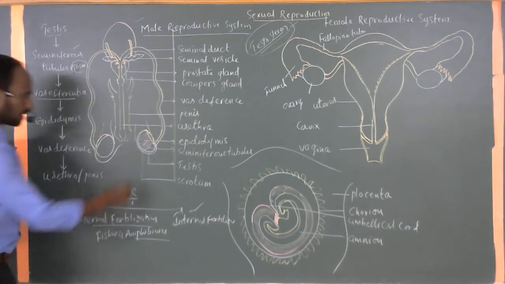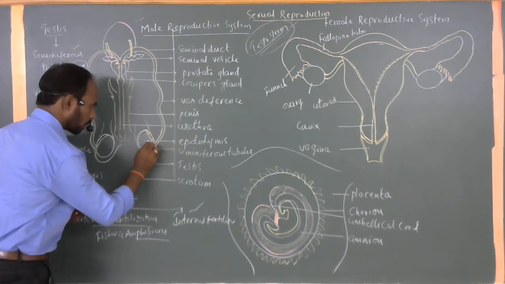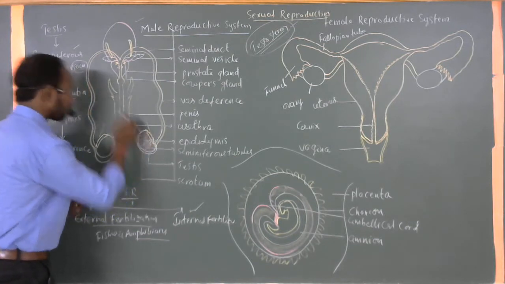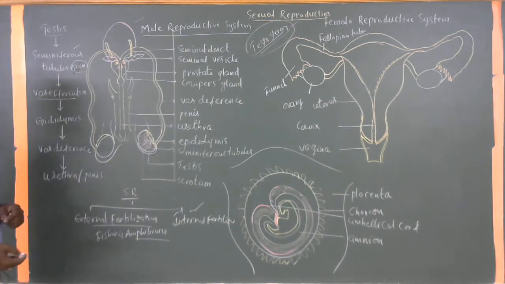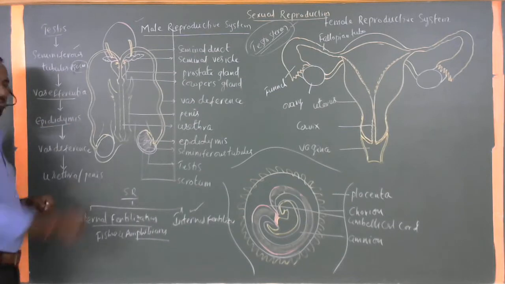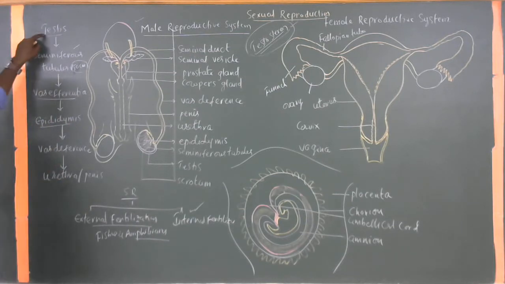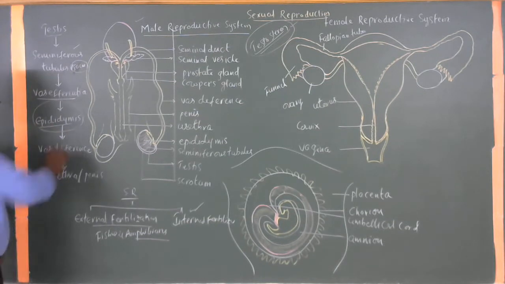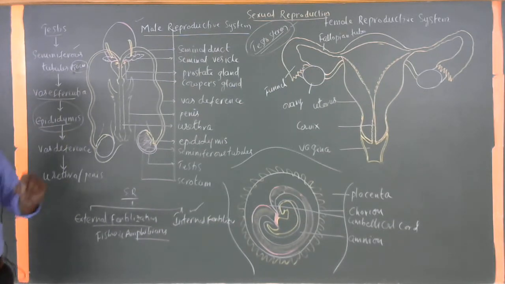Vas efferentia. A group of vas efferentia from each and every seminiferous tubule opens into the next part, commonly called the epididymis. The testis internally has the seminiferous tubules. Seminiferous tubules open into the vas efferentia. Vas efferentia continues as a separate part, commonly called the epididymis, where the sperm cells are temporarily stored